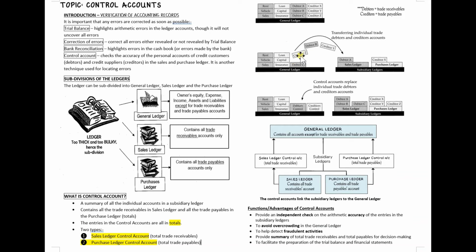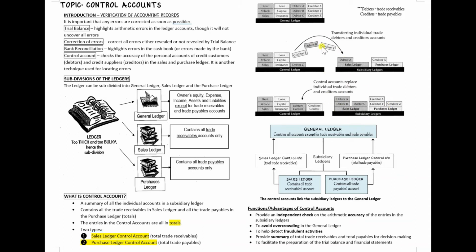That's why they transfer out the debtors and the creditors accounts into what we call the subsidiary ledger. The subsidiary ledger is made up of the sales ledger and the purchase ledger. So the sales ledger will contain the debtors account, and the purchase ledger will contain the creditors account. All the debtors will be here. Now, after this, as you can see over here,